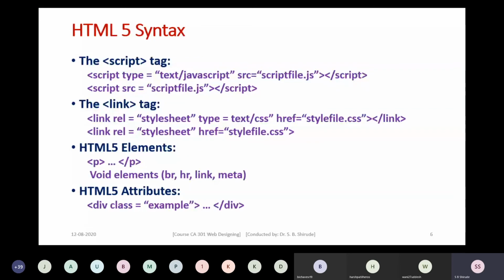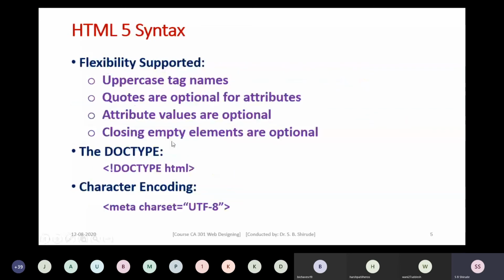Then attribute values are also optional in some cases, but in other cases the attribute values are very important, such as the anchor tag, the a tag, with the attribute href. It is a required attribute, meaning we have to give a value specifying which page you need to connect to or which page you wish to link.